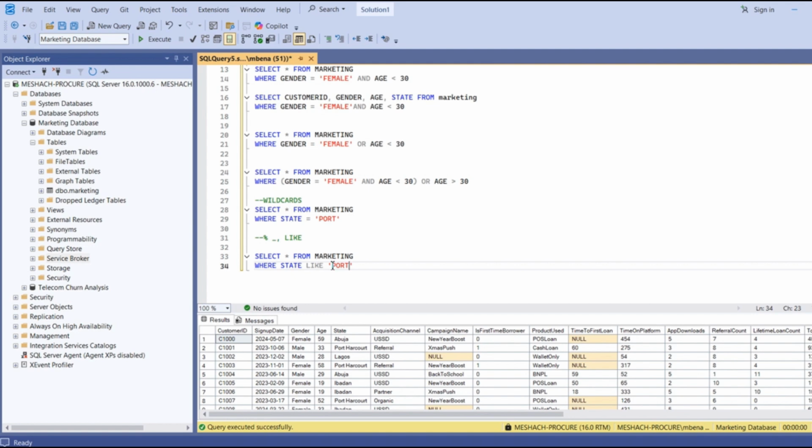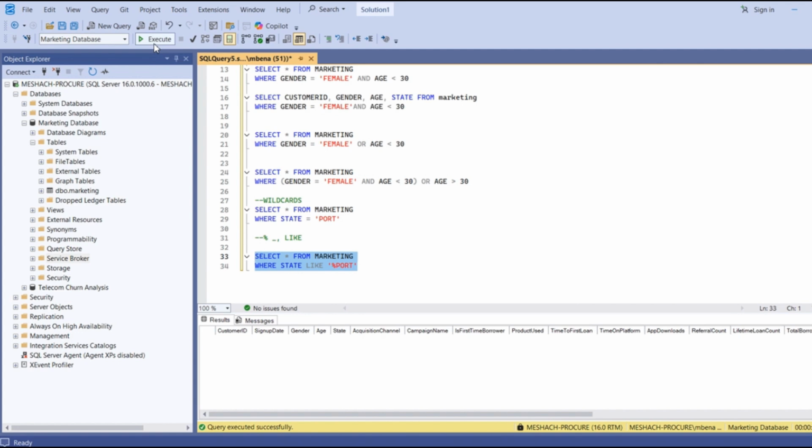Likewise, I can remove this and put it right here. This is simply saying that there should be characters before the port, in conjunction with the port but coming before it. If I still run this, it is still going to give me nothing. Why? Because in Port Harcourt, the port comes before the Harcourt. Do you understand? The port comes before the Harcourt. So if you are saying that you want everything that comes before the port, it's still going to show you nothing. But if I take this and bring it right here,